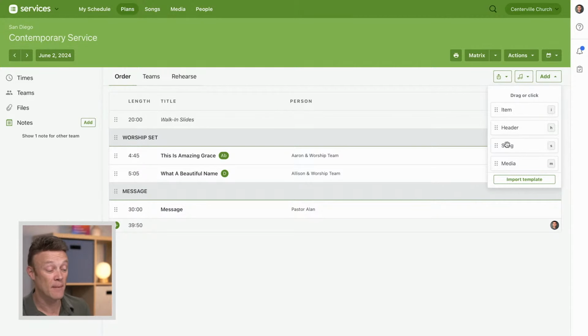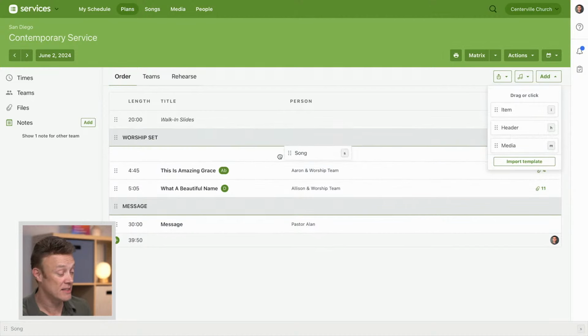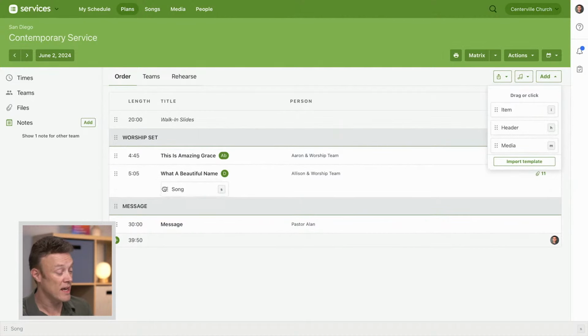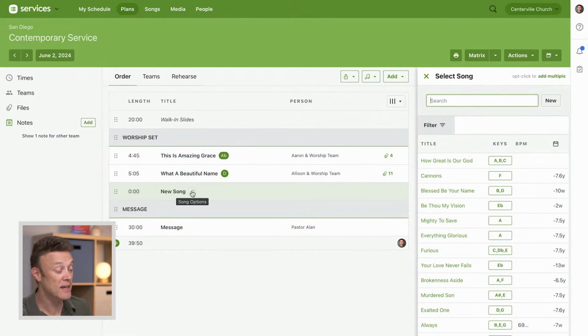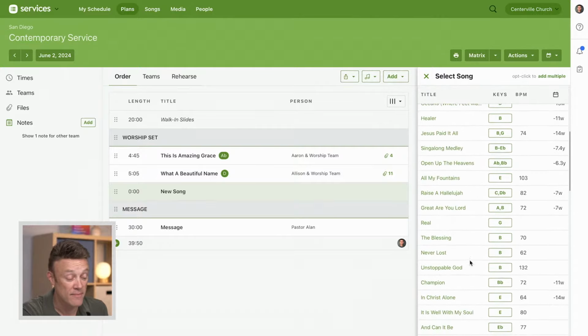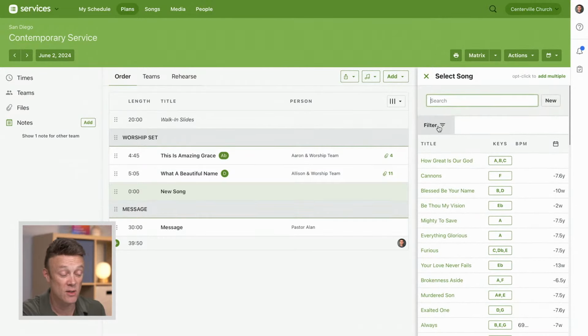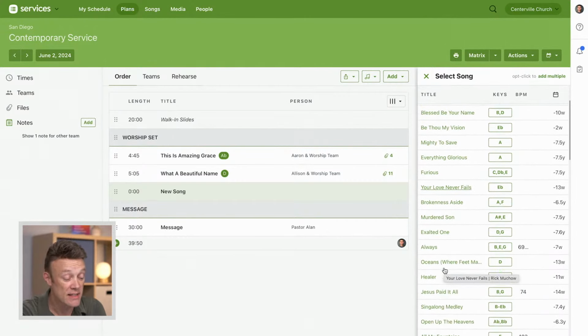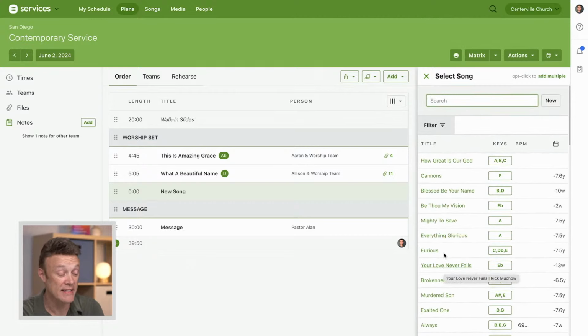So instead of clicking, I'm going to drag it. I'm going to drag this little handle where it says song, and I'm going to put this, let's just say, right here in my worship set. I don't know what song it's going to be yet, but it's going to be one of these, and it's going to go there. So here's my whole song library. I can use any of my filters that we'll talk about later to narrow these songs down. Or I can just search through these and find a song that I want and click it